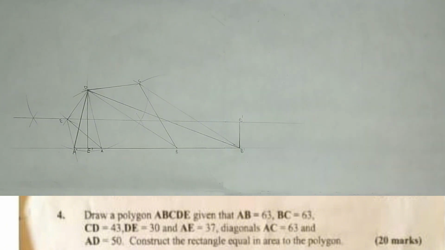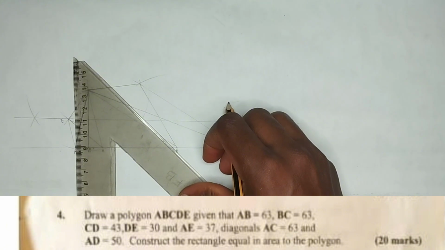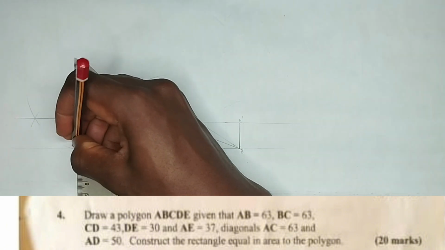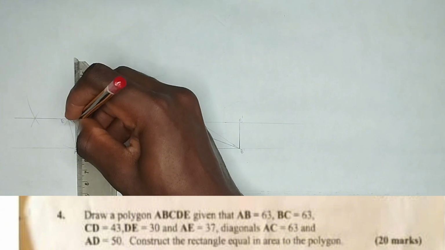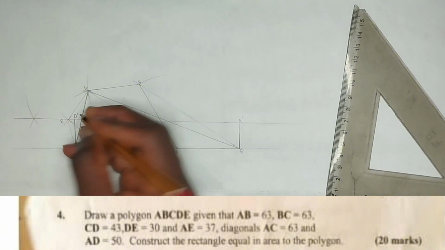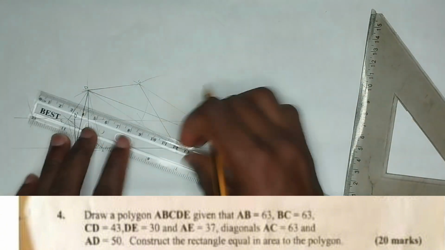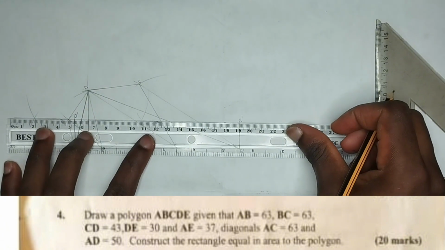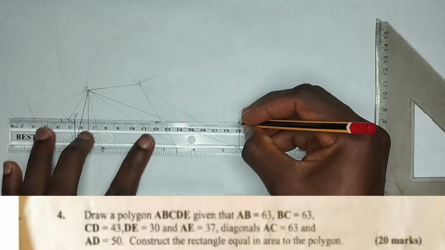This is going to be C prime. Then from point A prime also you are going to draw a thick line upward, make this D prime. So this particular line C prime D prime,